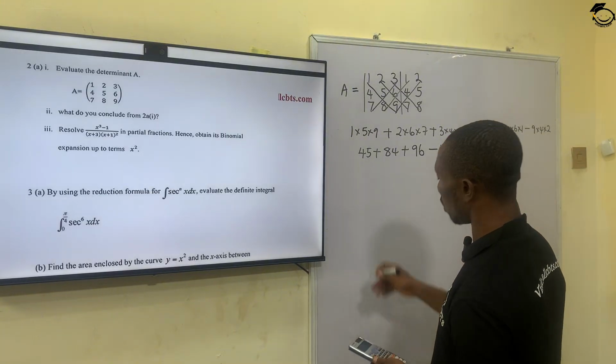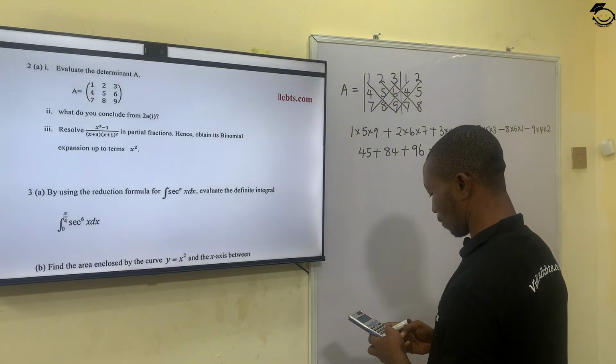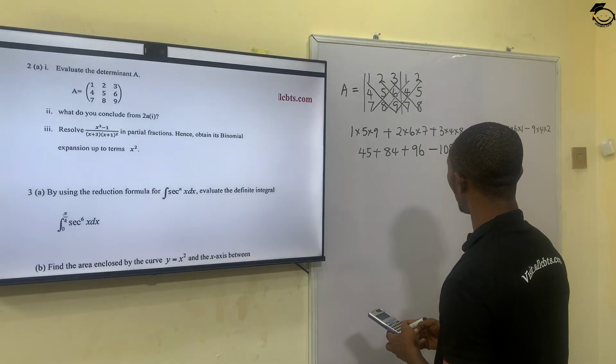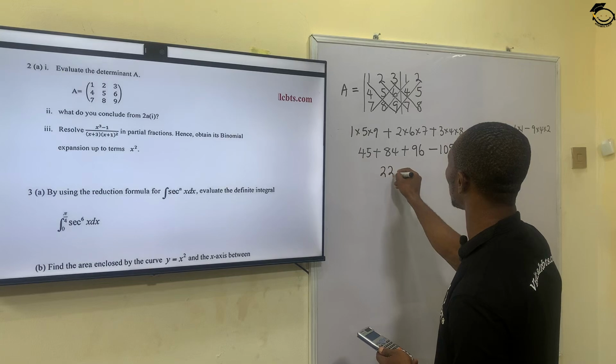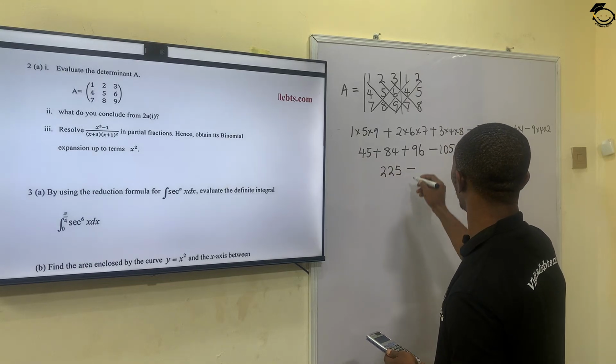So if we add this all up, we have 45 plus 84 plus 96, which gives us 225, minus,